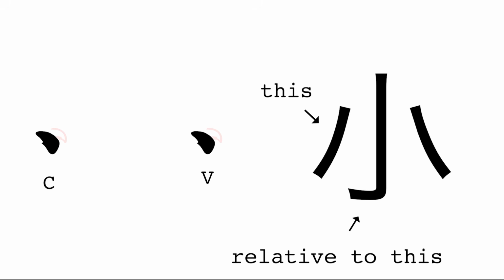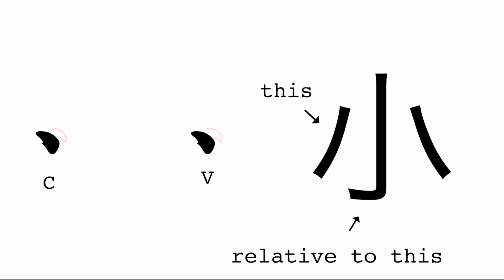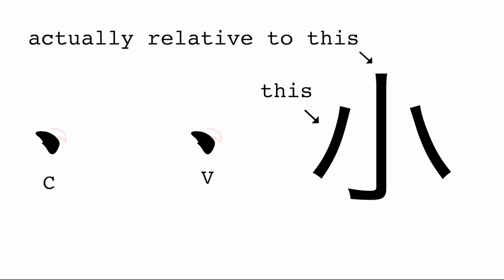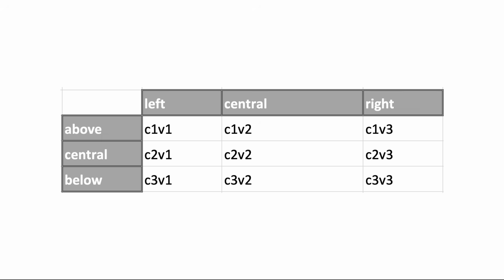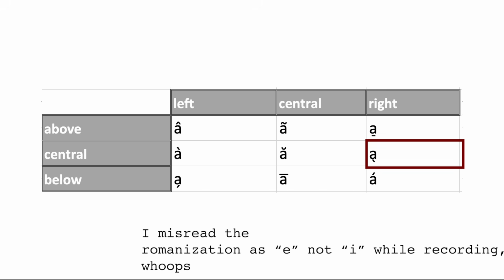For the rest of the pairs, the reading of the stroke is determined by the C stroke's position relative to the V stroke of the previous pair. This works just like choosing a tone, and also follows that touching, no touching rule. In this character, however, there is an exception. If the V stroke of a pair is a hook, then the next pair's mapping is based on the C stroke that hook was attached to, rather than the hook itself. So here, the consonant stroke of the second pair is left relative to k, meaning the pair will use C2 V1 reading, giving us pe, with the tone in the center right position.